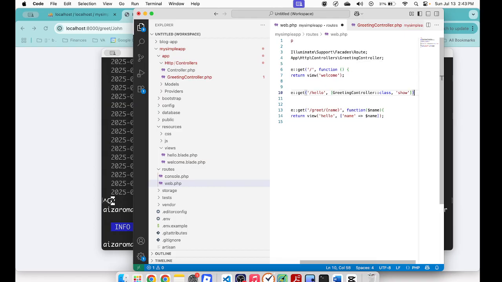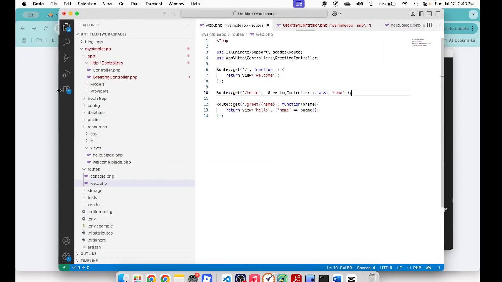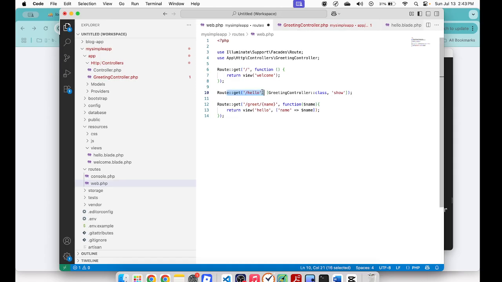And with this, with the closing parenthesis, that is now our updated route. For the slash hello, instead of returning a function, we will be using the controller to respond to the